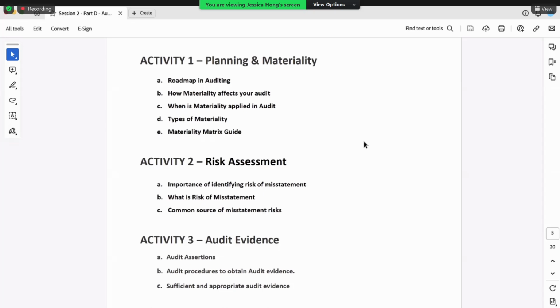All right, so we need to show you some examples. I think all of you are also very curious what sort of risk of material misstatement question will be tested, and how it is usually tested. So today I would like to share with you some of those examples. We didn't have much time because today our session only has 2 hours, but I would like to use this platform to introduce how the question looks like and usually what sort of material misstatement